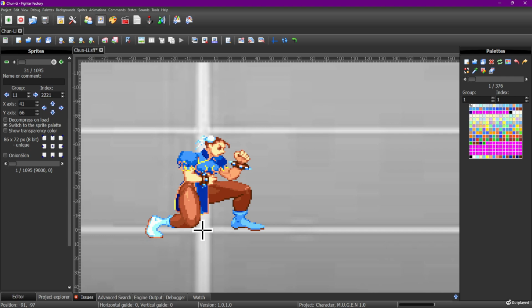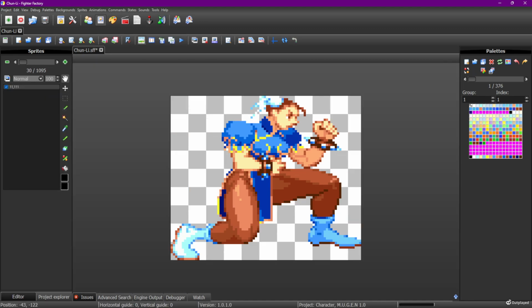Wait, what's the blink animation? The blink is triple two. Okay, fine. So that's out of the way. So yeah, group 11, index triple one is just a duplicate of the previous frame. I'm gonna open this bad boy up, and I'm gonna proceed to animate her. So for her animation, this Chun-Li tends to bounce. She's a very bouncy character, and she doesn't sway from forward to back.